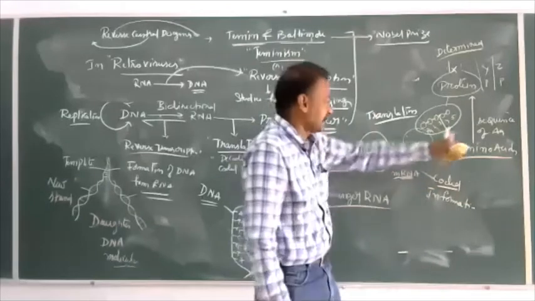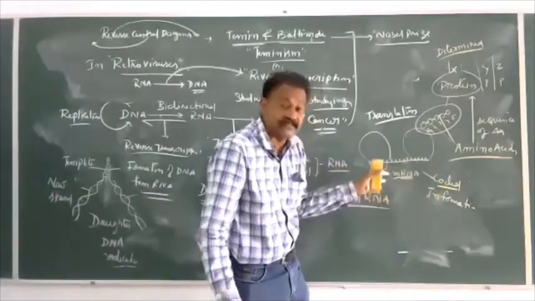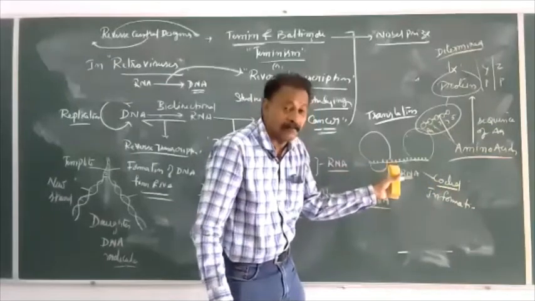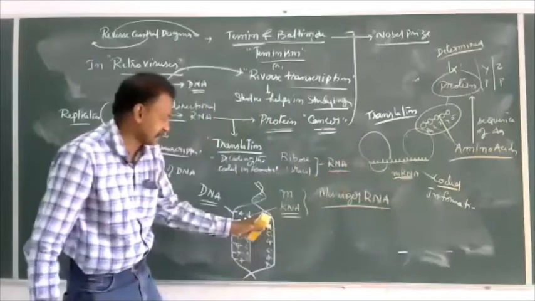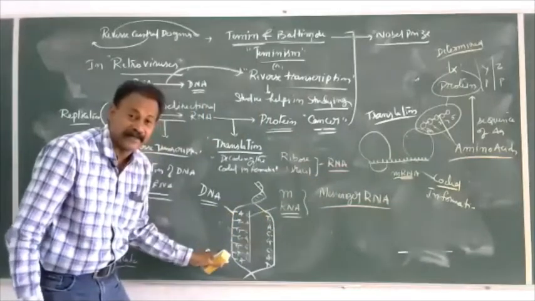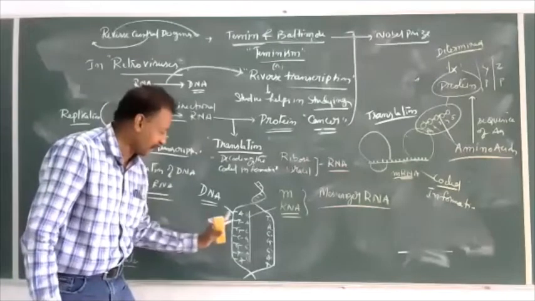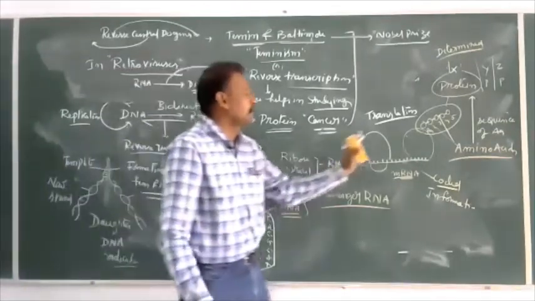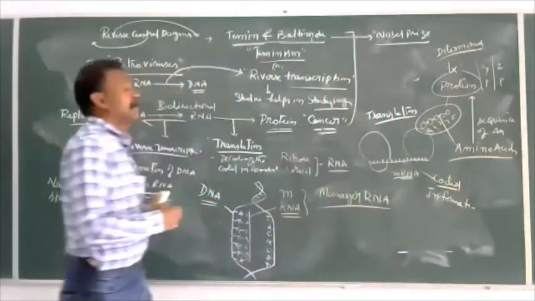Finally, the sequence of amino acids depends upon the coded information or sequence of nitrogen bases on mRNA which are transcribed. And the sequence of this mRNA depends upon DNA. So the flow of information from DNA to RNA, RNA to amino acids and proteins is called central dogma